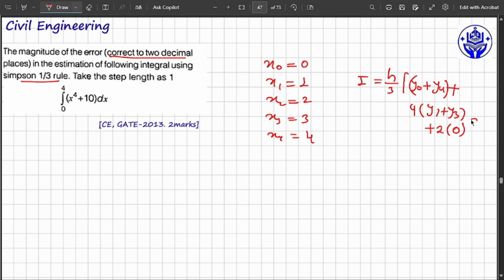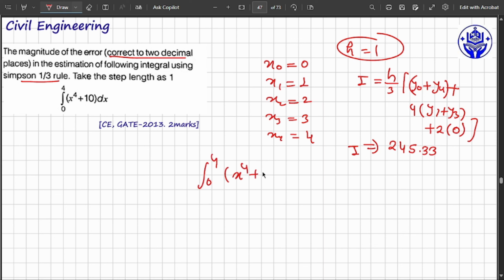There is no even term here, so it is 0. Then h is equal to 1 here. Then the integration is 245.33. And after calculating the exact integral from 0 to 4 of x^4 + 10 dx, it is nothing but x^5/5 + 10x